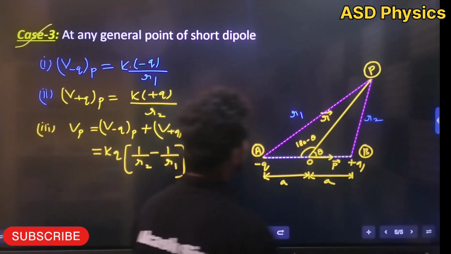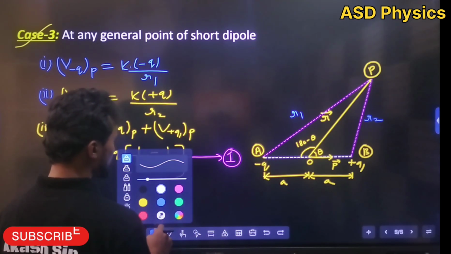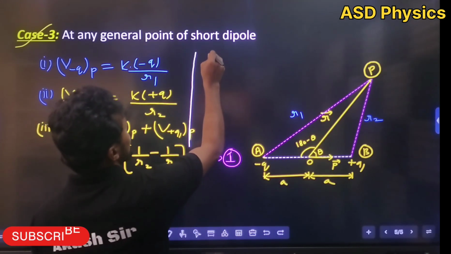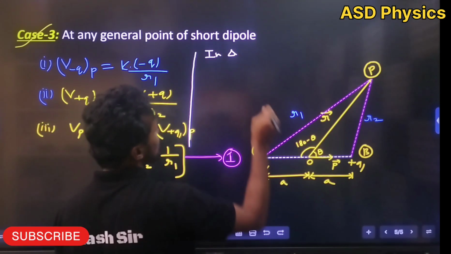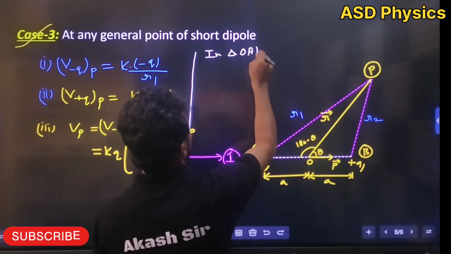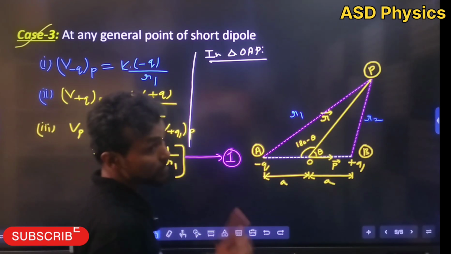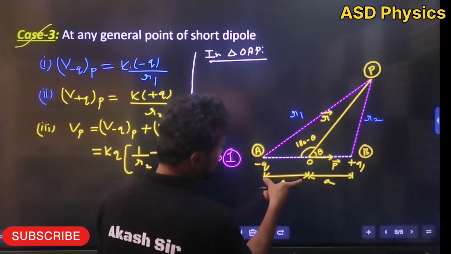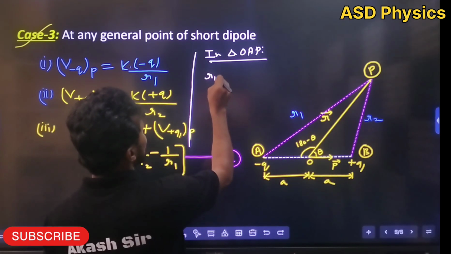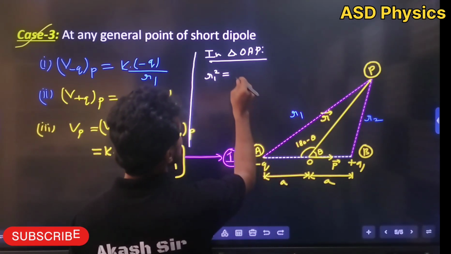Okay students, if you see this triangle, first I am going to talk about this triangle here. In triangle OAP, using the same basics, this length is A, this one is R, this one is R1. So we can write R1 square is equal to R square plus A square